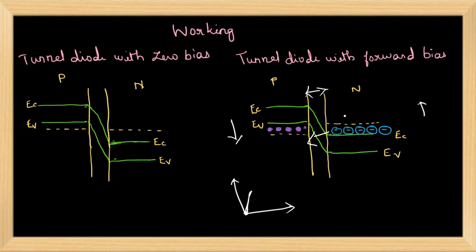When you increase the biasing potential, the number of free electrons generated at n side and the holes at p side is also increased. Because of this, the maximum current flow will be there in the diode. Maximum tunnel current flows when the energy level of n side conduction band and the p side valence band becomes equal.